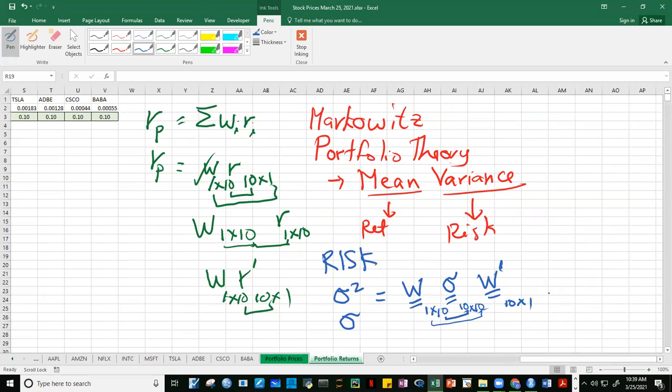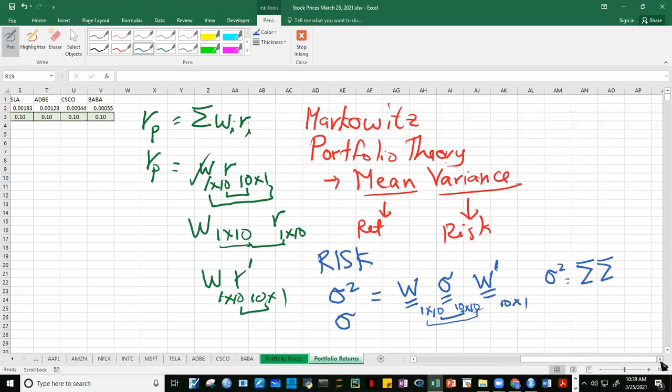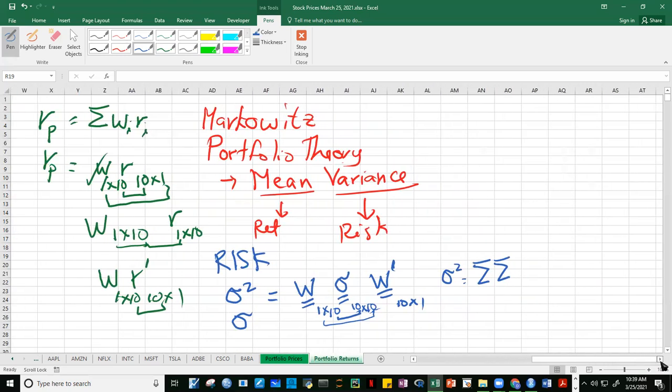No? So another way to write this is variance is equal to double summation W sub i